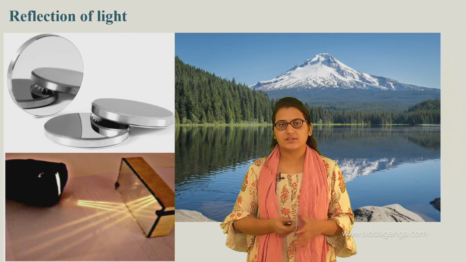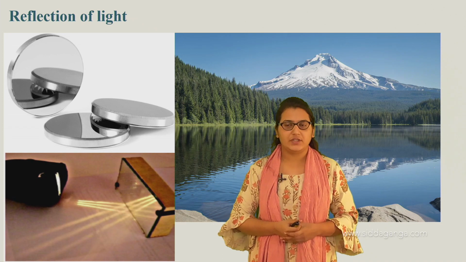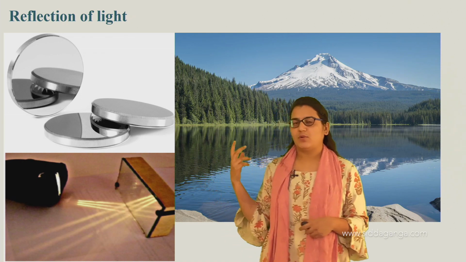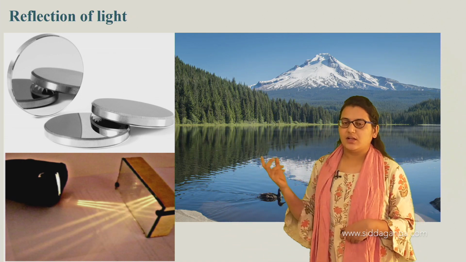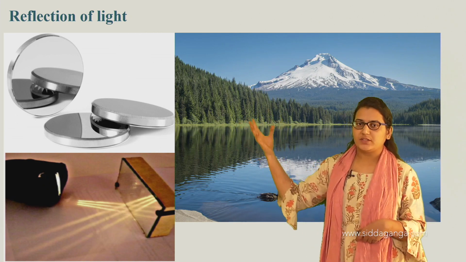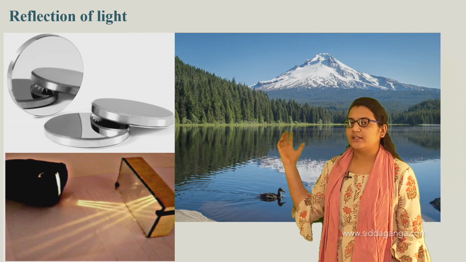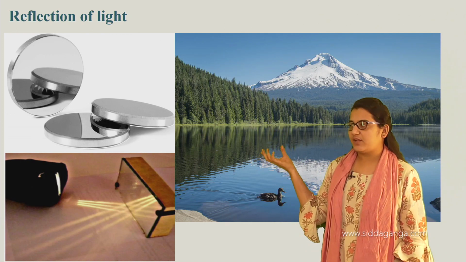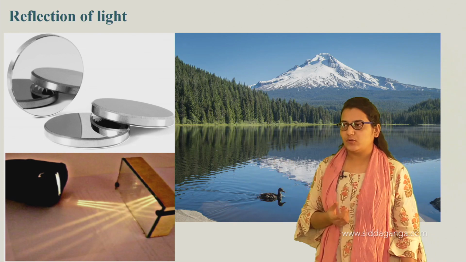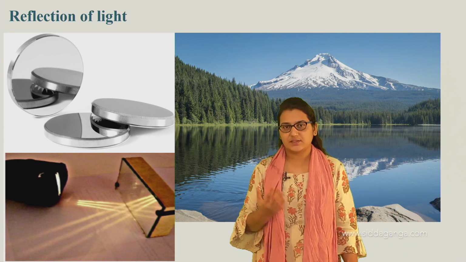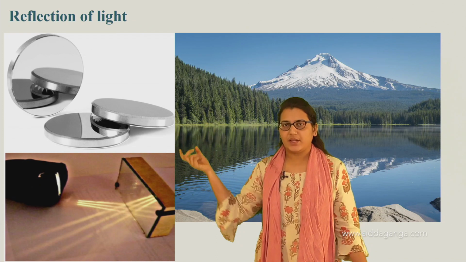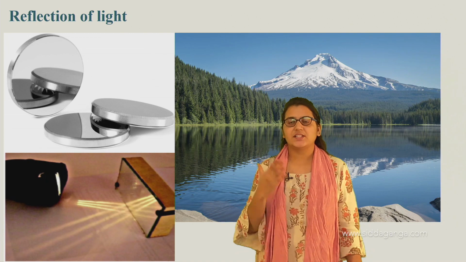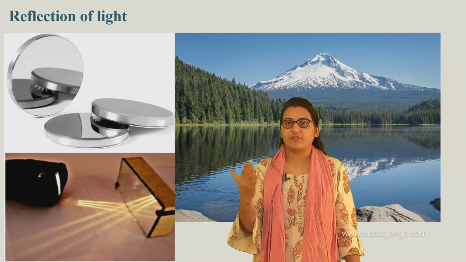Now let us study about the reflection of light. So what is reflection? Here you can see in ponds, lakes, or any water bodies around, whatever trees or mountains or small animals are near the water, their reflection is seen in the water, right? And also if you hold some shiny surfaces like steel plates or steel spoons or anything, if the surface is shiny, you can clearly see the image, you can clearly see the reflection.